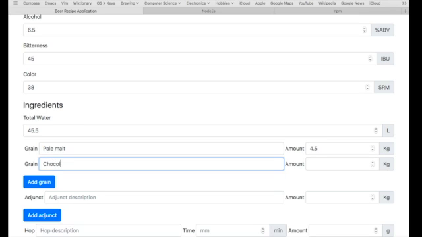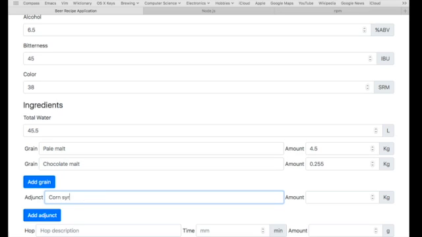So we'll add chocolate malt. It's another popular malt. And this time we're going to use the 1,000ths, 255 grams, 0.255 kilograms. And that should take, and the adjunct, so we're going to put in here corn syrup, and that'll take again in maybe 0.5. Now we're going to add, does this adjunct button here do the exact same thing as add grains, just adds